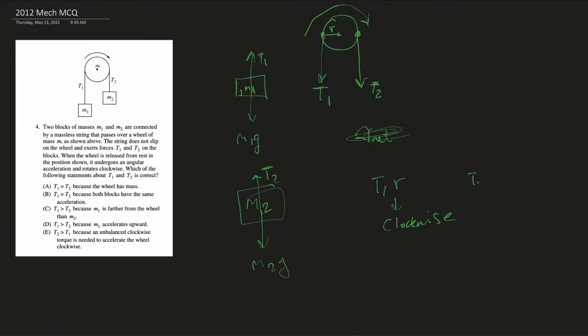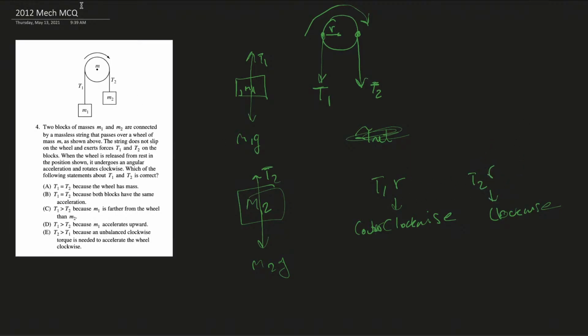And T2R is going to create a counterclockwise torque, and this one is going to create a clockwise torque. So we have this one creating a counterclockwise torque, and this one creating a clockwise torque. Well, what does that mean? That has to mean, because they're acting at the same lever arm, that T2 would have to be